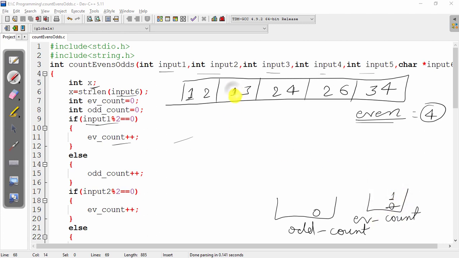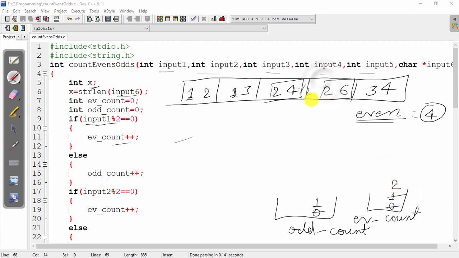And here again we will check the condition for input 2, which is written below. So here 13 modulus 2 is not equal to 0, so we will increment the odd value, so here odd value is now 1. Again we will check the condition for 24, so 24 modulus 2 equal to 0, so we will increment the even count, so now even count becomes 2.